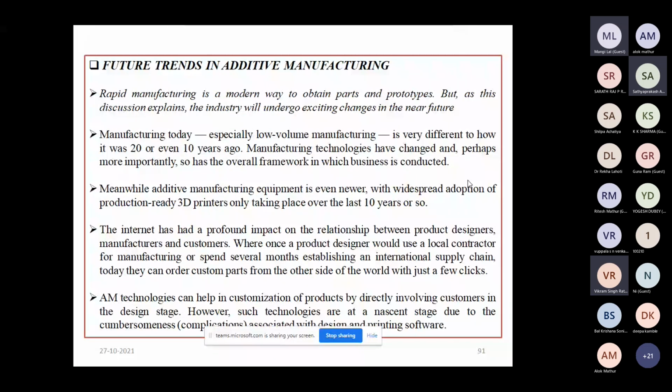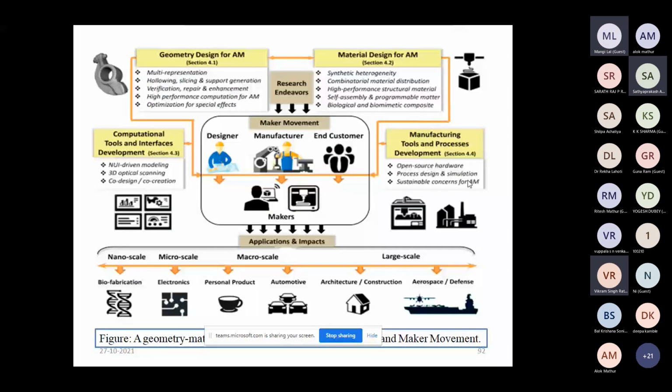First of all, let us see what the future trends in additive manufacturing are. The future trend is an intermixing of all the components, such as designer, manufacturer, and end customer.